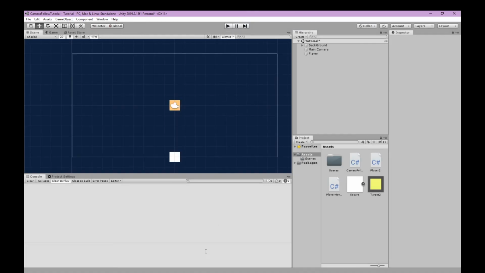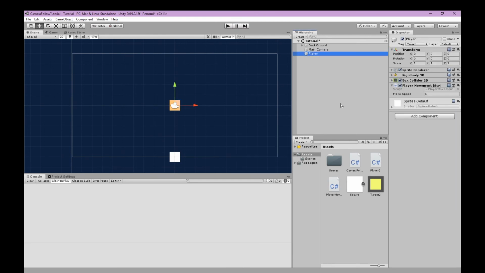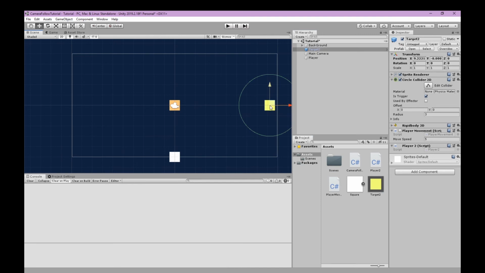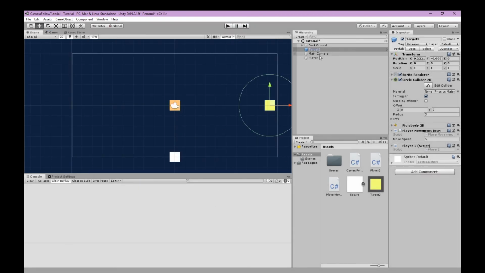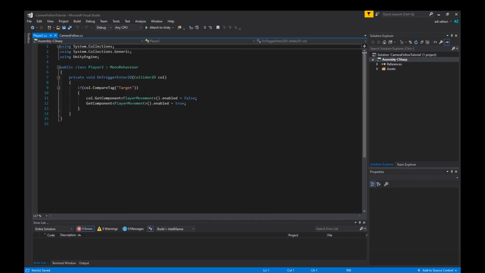So what if we want to change the camera's target? Luckily, I have a second target set up here that each time I go into it, it will change the controlled target, the controlled player. So let's go to the script that enables that, which is simply an OnTriggerEnter collider,